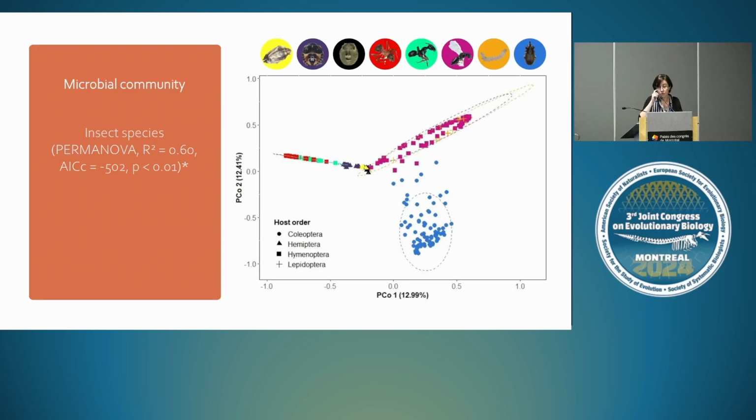And this is our first result for the microbial composition. And here is also a PCoA plot. Each point here represents 1 insect sample, and they are colored by insect species, and the color code is up there, up the plot. And we also see a nice aggregation of those variation in the insect microbial community depending on the insect species. In fact, the host here can explain about 60% of the variation that we found in the microbiota of those samples.